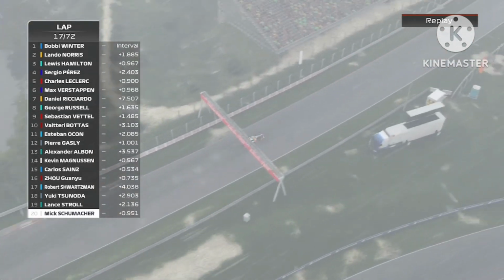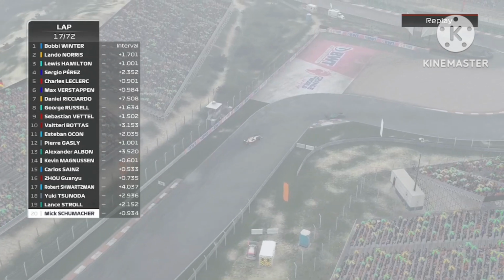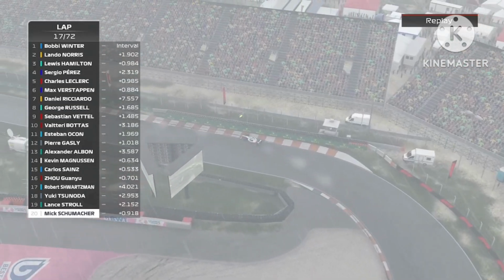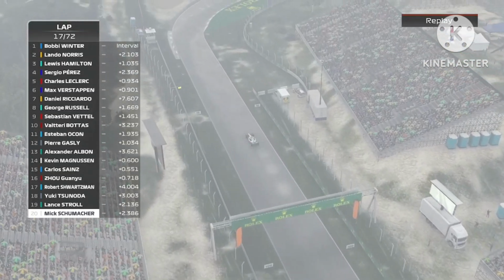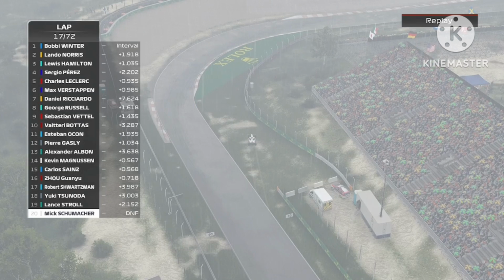Anywho, Schumacher close to Lance Stroll. See if in the next couple of laps he can get close enough to make an overtake, as there's yellow flags and it looks like Schumacher's going slowly. He is, and the yellow flags are for Schumacher as he pulls to the side of the circuit. It looks to be he's retiring, and yes he is. He pulls out of the race and it looks to be a safety car now,